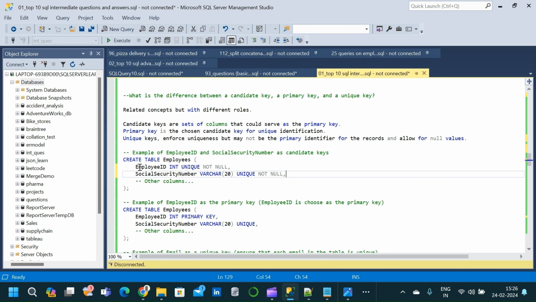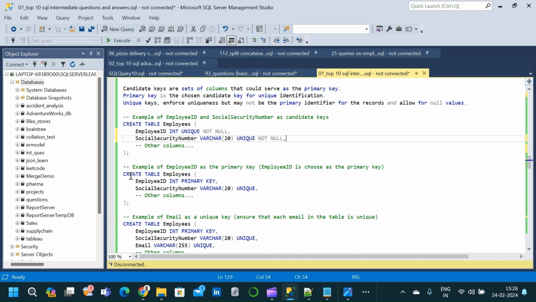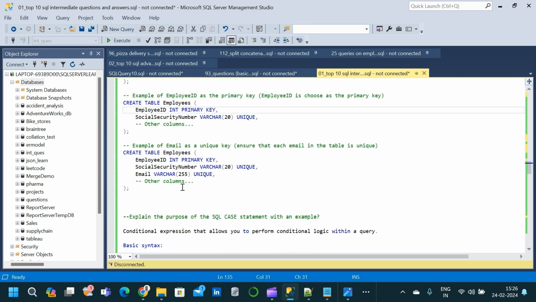So either employee ID or social security number can act as the primary key for this table. Coming down, we have the employee ID chosen as the primary key for the table. Out of social security number and employee ID, I have taken employee ID as the primary key column for the employees table. And coming down, here is another column which is added, that is the email column, on which